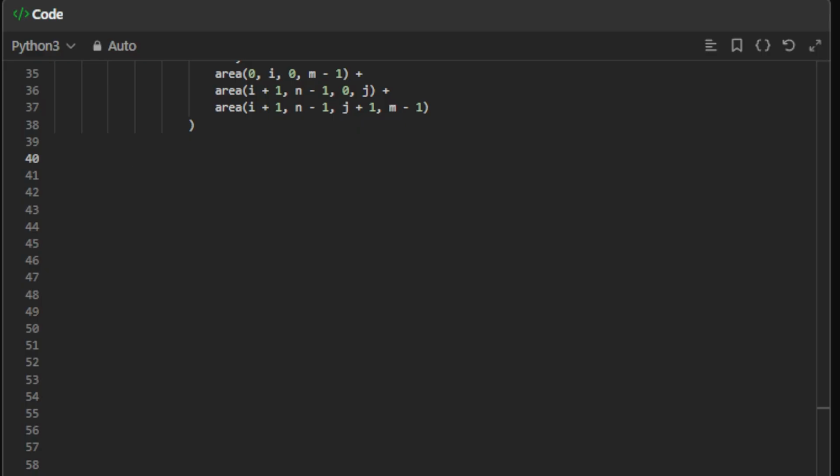And now we are running a second loop for the third distribution. So for i in range from 0 to n minus 2 and for j in range from i plus 1 to n minus 1, and we do exactly the same. Result is the minimum among the result and area from 0 to i, and here we always go from 0 to m minus 1,